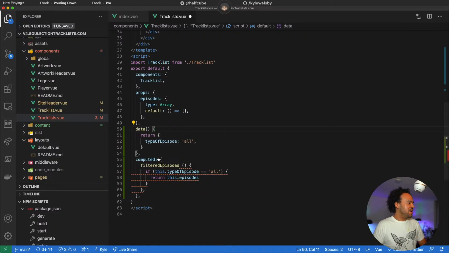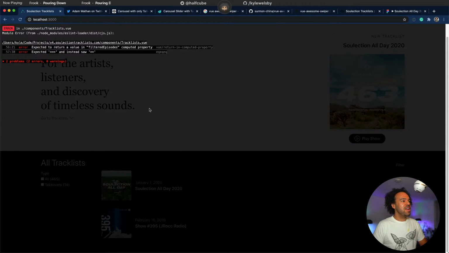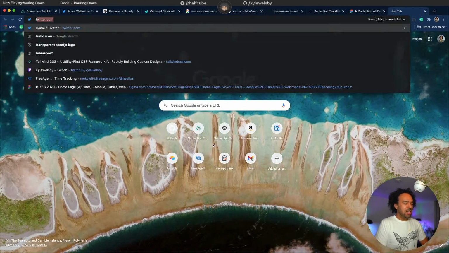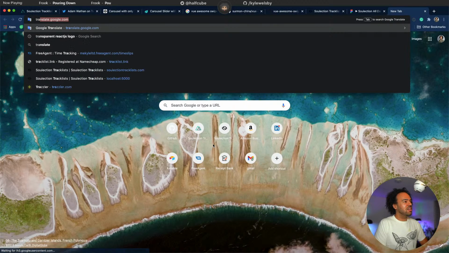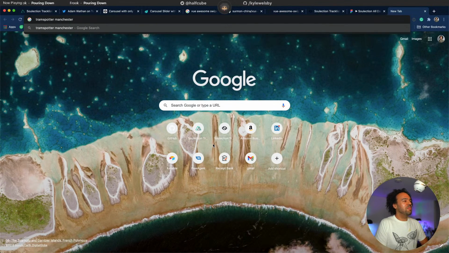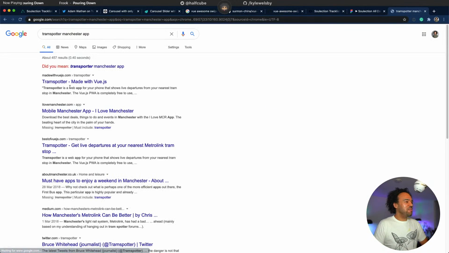I think my friend Matt put out a tweet earlier today on his Tram Spotter. I forget what app it is. Made with you. Oh, he's got made with you.